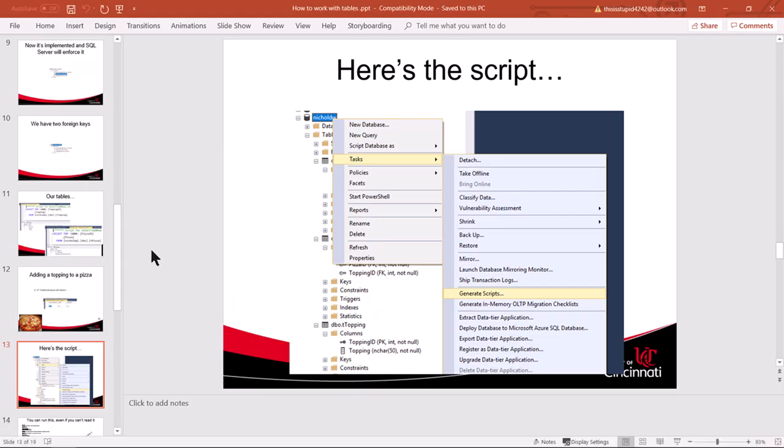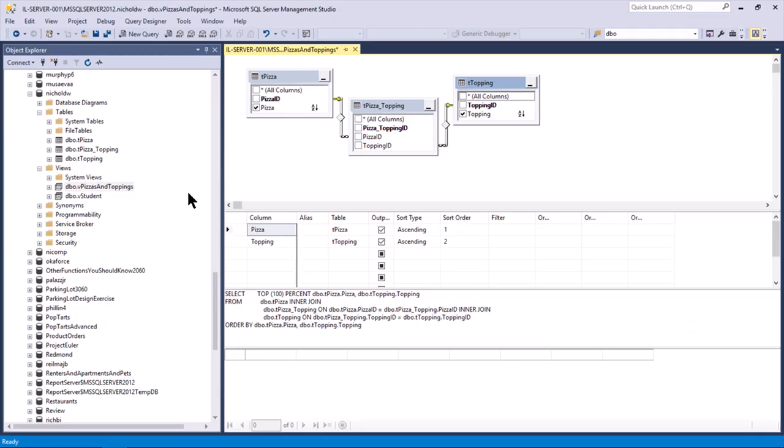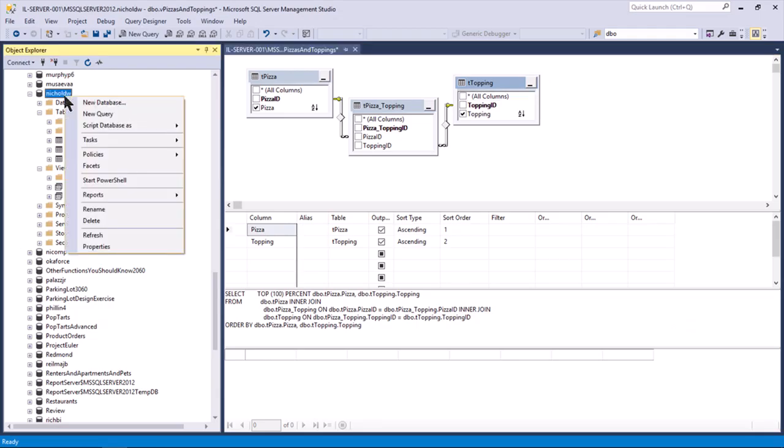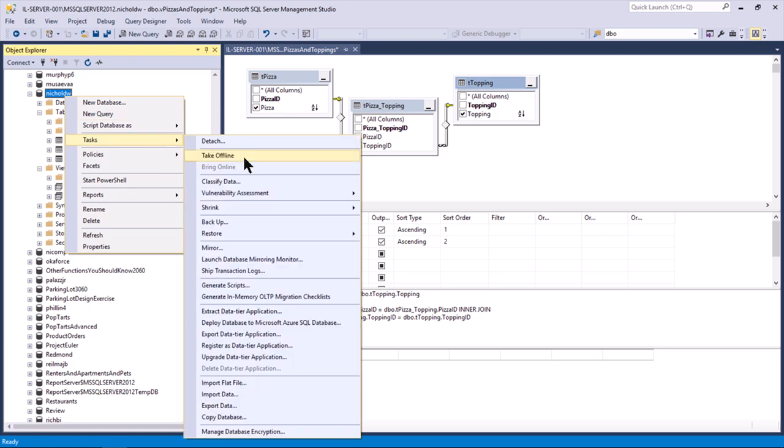Moving on, I want to give you all of the hard work that I have just accomplished, except for the view. I'm going to create a script that gives you the tables, the foreign keys, the indexes, and the contents of the tables as well, the data in the tables. And it's easy to do. You'll notice I'm going to right-click on the database, Tasks, Generate Scripts,